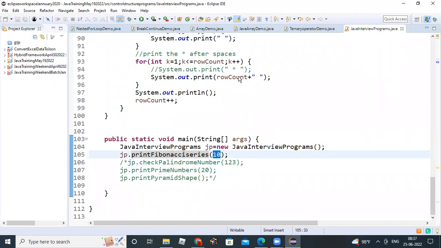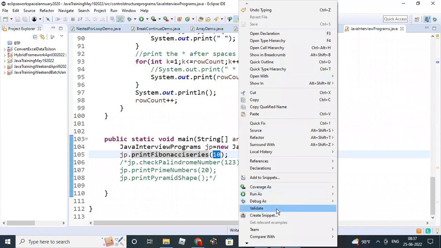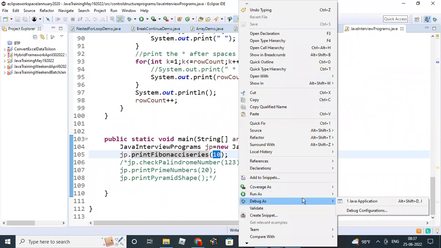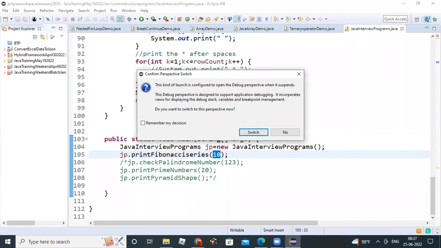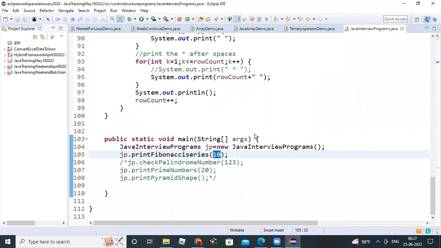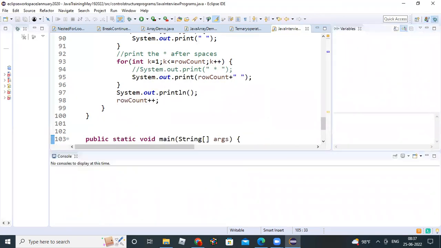Now run this: run as debug as, not run as. You have to use debug as, Java application. I'm executing the code line by line. You are in the Java perspective now, and I need to move to debug mode. So switch. It will move to debug mode. You can see now on the top right side, it moved, highlighting